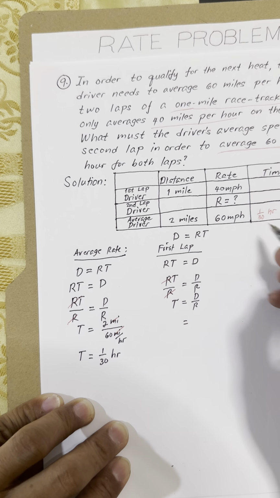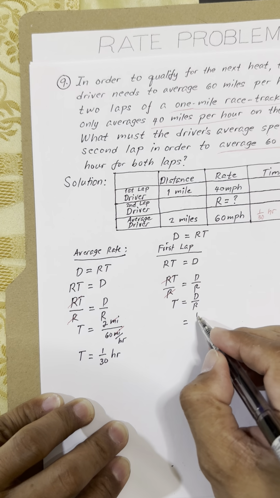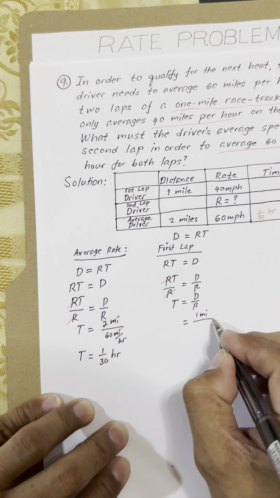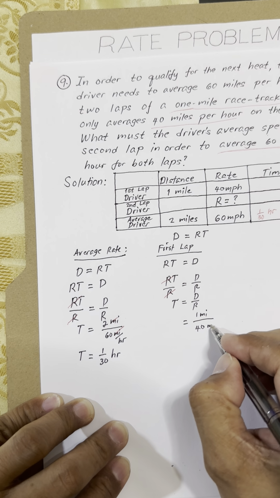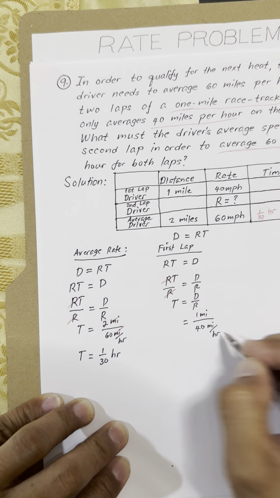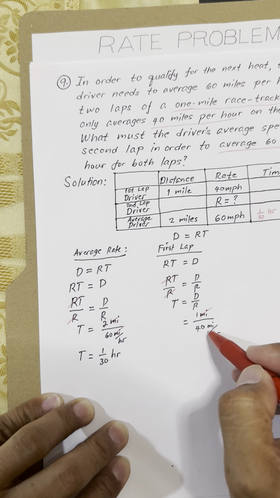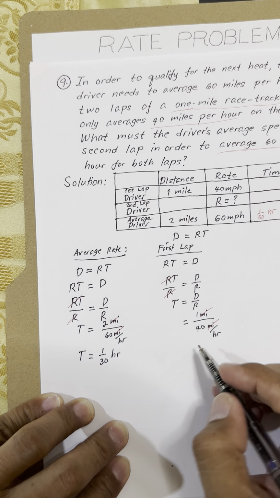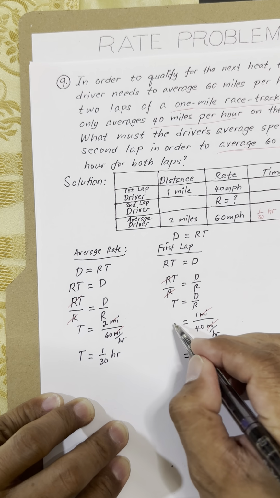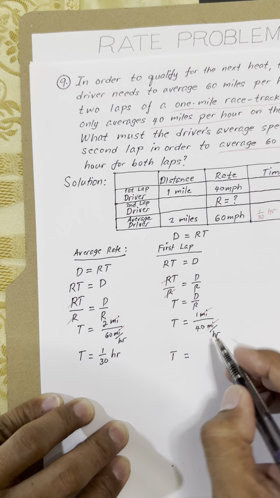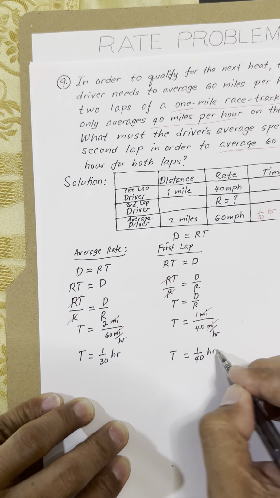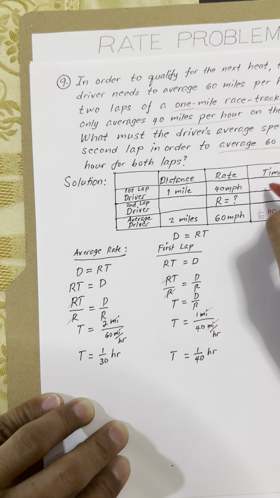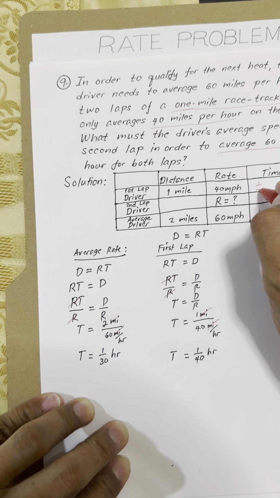So the distance is 1 mile. This is 1 mile. So 1 mile divided by the rate, which is 40 miles per hour. So miles cancels out, numerator and denominator. So we have t equal to 1 over 40 hour. So we have calculated our time here, 1 over 40